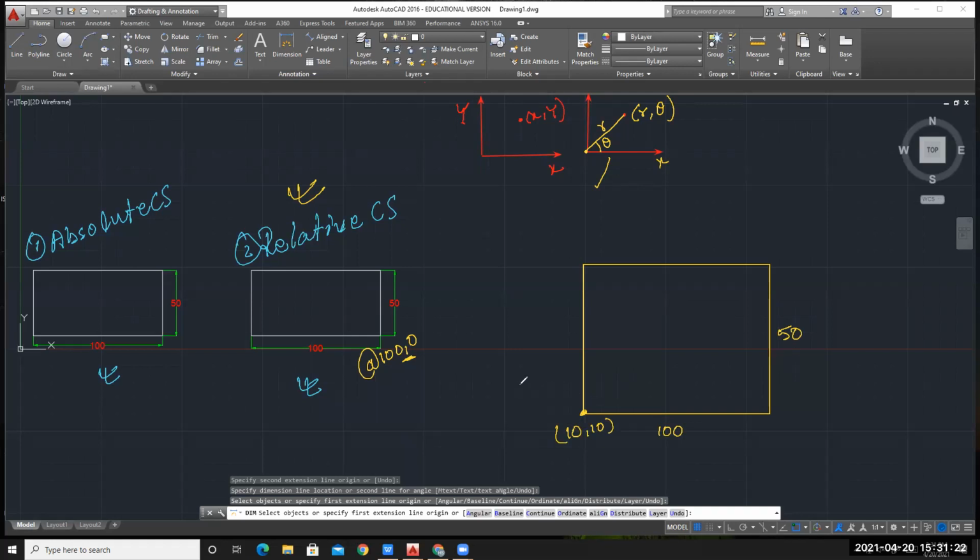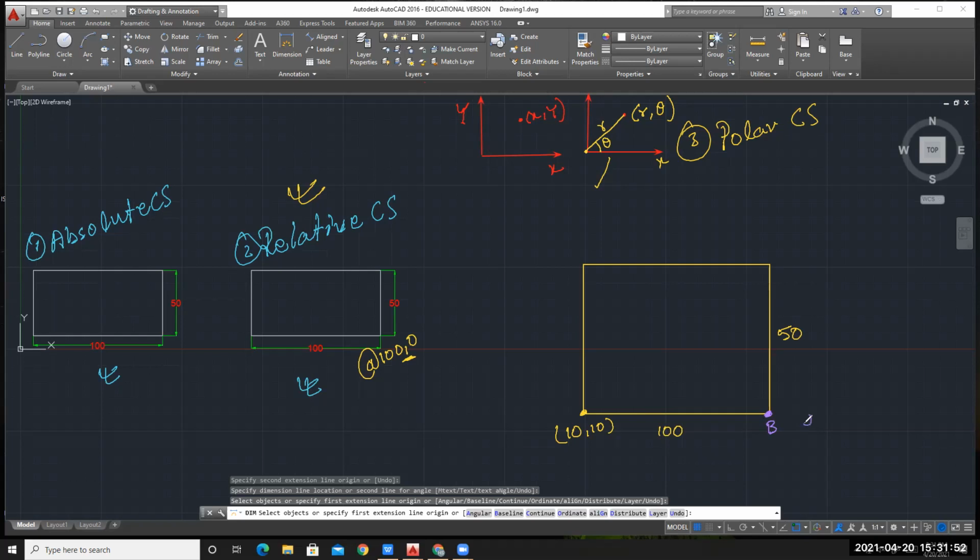Now we will write the commands for our third coordinate system, that is the polar coordinate system. Now I want you to answer what will be the coordinate of this B in the AutoCAD command line.